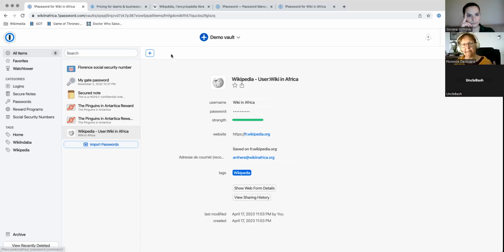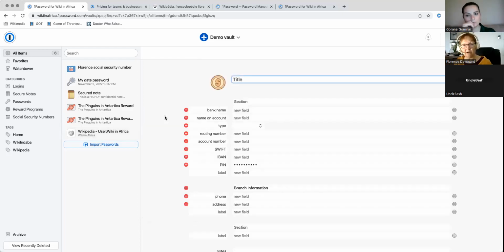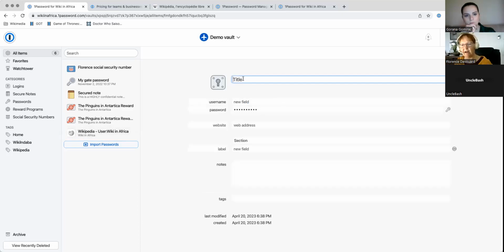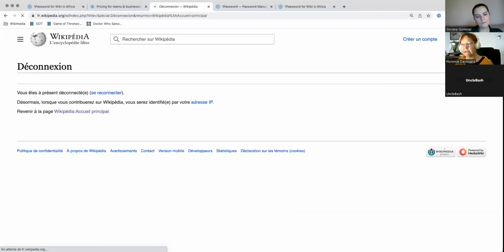Either I can import passwords, or I can click on this, and I have a full list of templates. So they are interesting because this is not the same type of private information. So for example, I can create an entry about my bank account. I can put the whole private information about my bank account. It will be stored there, and then I can access it from anywhere. Same thing, the most classical one is creating a login entry, in which case we'll have to enter a name for this entry, the username, the password, the website, and so on. I can either create it from there, or if I were on Wikipedia, I wanted to create a brand new account, when I actually create the account,